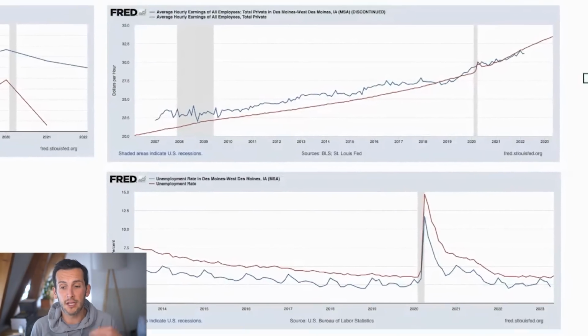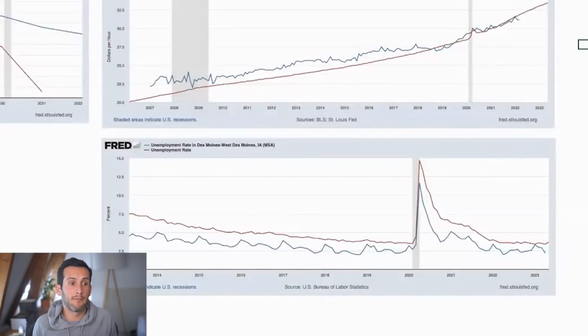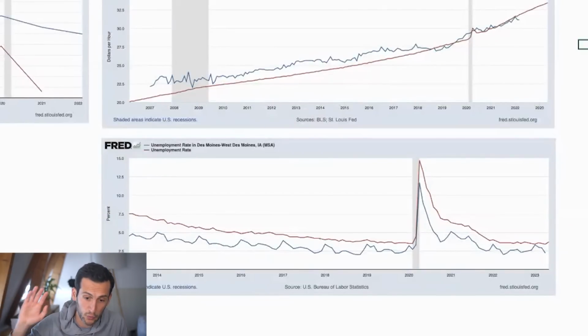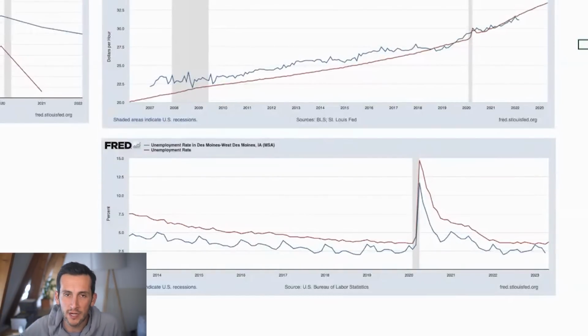The third one here is unemployment rate. I want to make sure that people are working and that the tenant base is going to be able to pay rent. And what I can see here is that the unemployment rate for Des Moines looks really good. Across the US, at this point of filming, at least midway through 2023, the unemployment rate across the country is pretty low, but Des Moines is actually even lower. It is below 2.5%, which is incredibly low in historical context and bodes really well just for the entire economic